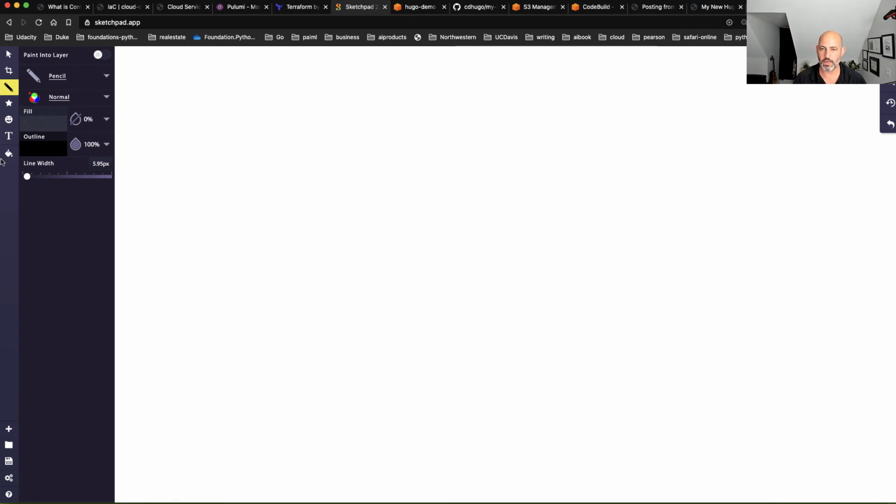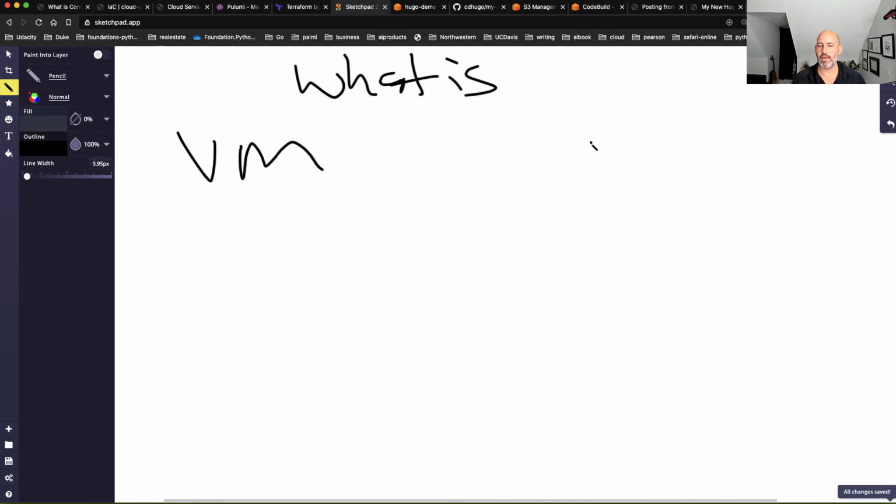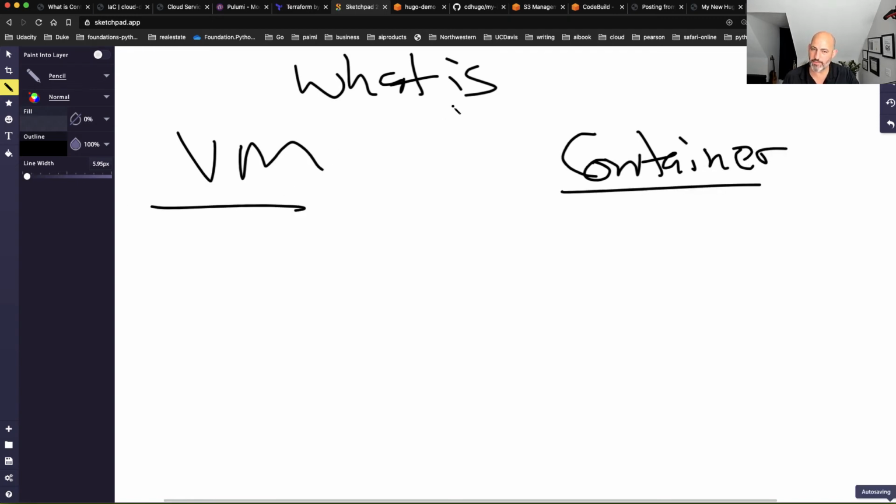So maybe the trade-off here is, what is a VM, a virtual machine, and what is a container? The main difference here, and they're very close, is that this is essentially a replica of an operating system. And this is a subset of an operating system.